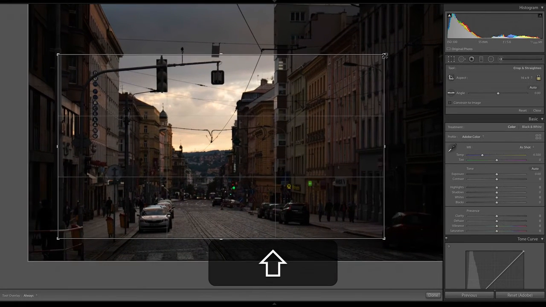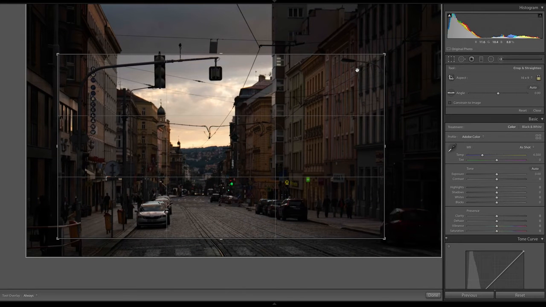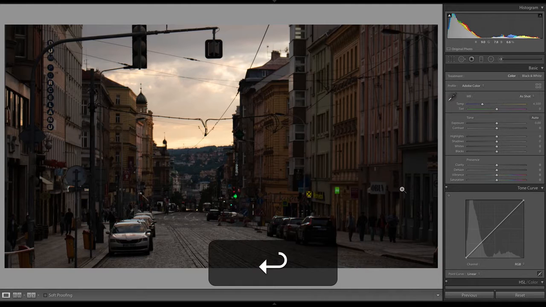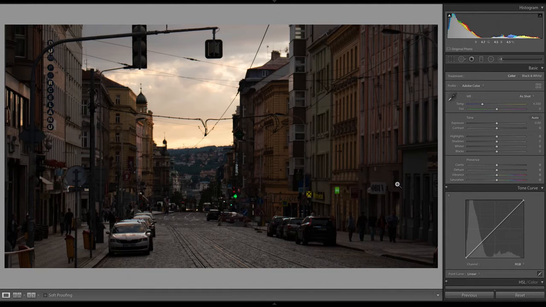Sometimes it's a little hard for me to really see what this is going to look like until I press the Done button down here or press Return on my keyboard. And I actually like that a lot. Everything seems to be framed a little bit better. The street is a little bit more centered, so we do have those leading lines heading down to the horizon.